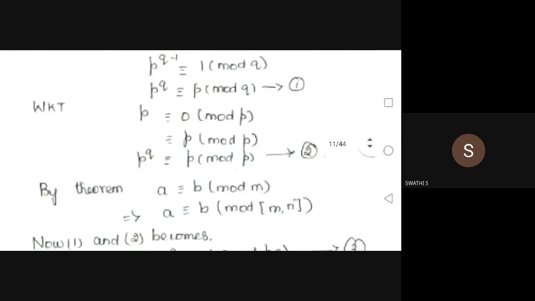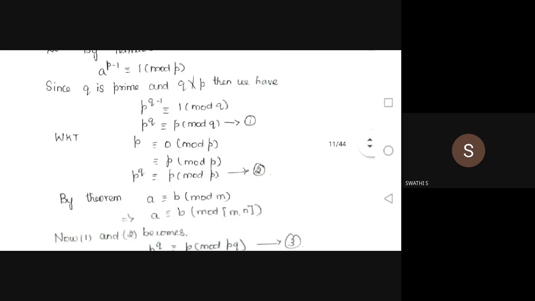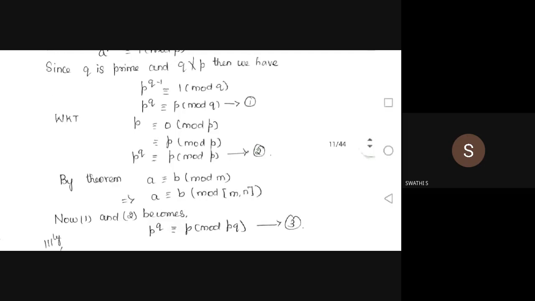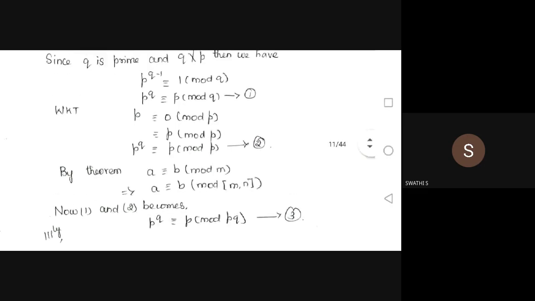Then already we have studied: A is congruent to B mod M implies A is congruent to B mod LCM of M and N. So from equation 1 and 2,